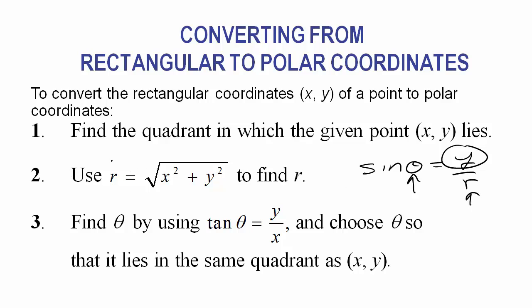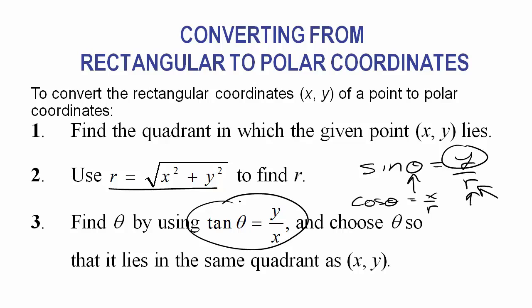So unless you did this work first and solve for r, and then plug that in for r, you can't solve for theta, right? Because you just got one equation here and two unknowns. You don't know r and you don't know theta. So if you want to, you can always do this step first. Step 2, you can do that step first, and then use that r and use your typical sine and your typical cosine equations. But it's a lot easier to just do the tangent piece, because for all three of these, in order to solve for theta,